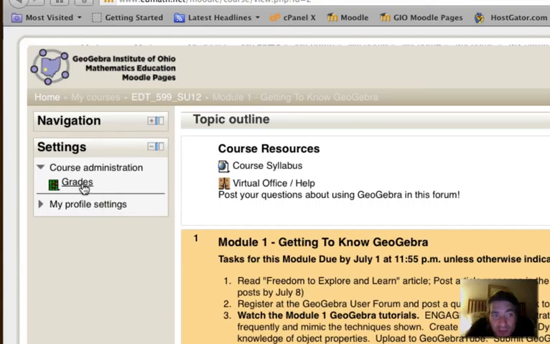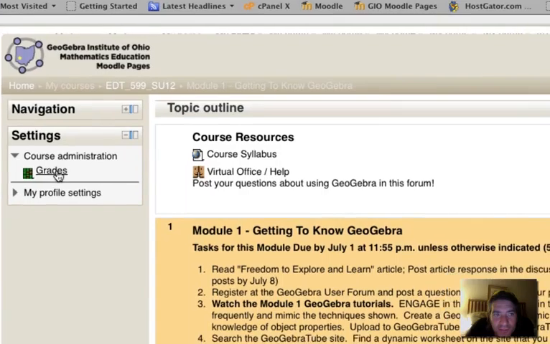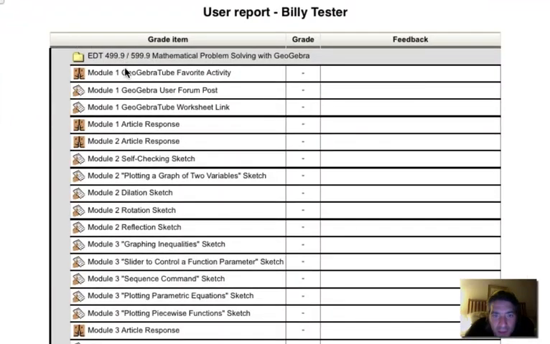Your grades is kind of helpful to know about. If you click on this grades link, you'll see a grade book with every assignment that you're going to be doing in the course. So that's kind of nice. And then you'll notice all these are linked. So if I wanted to read more about one of these assignments, say this Module 1 worksheet link,